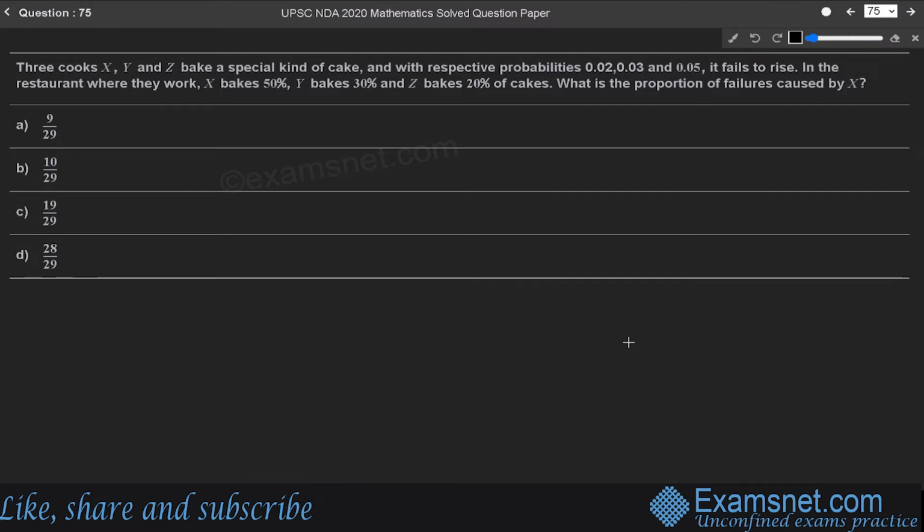So, let us solve this question. This question will also include some concepts of sets. So from the question we have the values, which is P of F by X is equals to 0.02. Then P of F by Y is equals to 0.03. Then P of F by Z is equals to